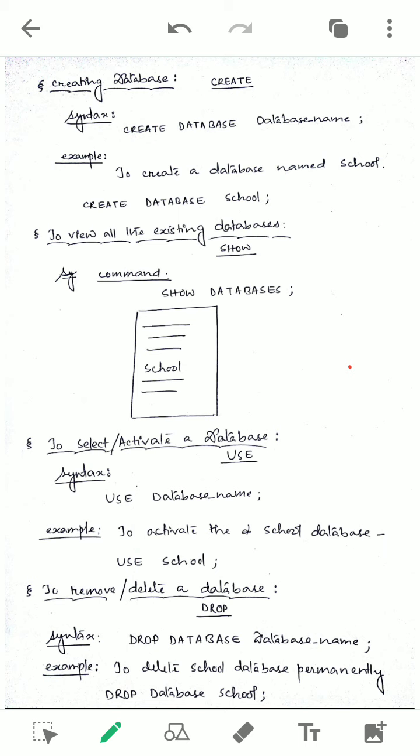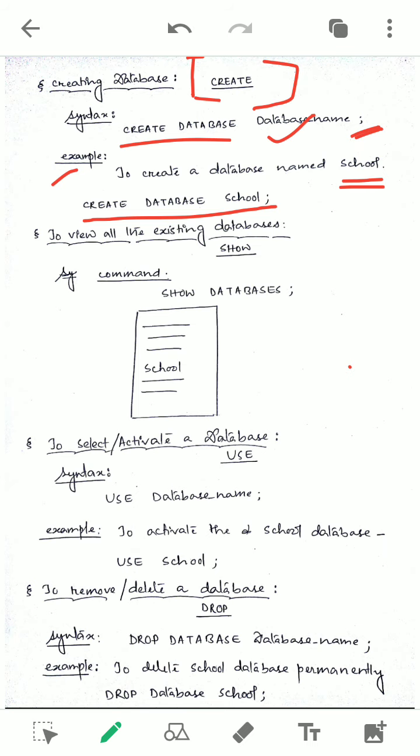So to create a database, obviously a data definition command, we have the create command. The syntax is: create database, then you have to write the database name, and lastly a semicolon is a must. These commands you have to use. Okay, so semicolon is a must. Example I have given: if you want to create a database named school, this is the name of your database, then the command should be written create database, this is the syntax, then the database name, so the database name is school, then semicolon you see.